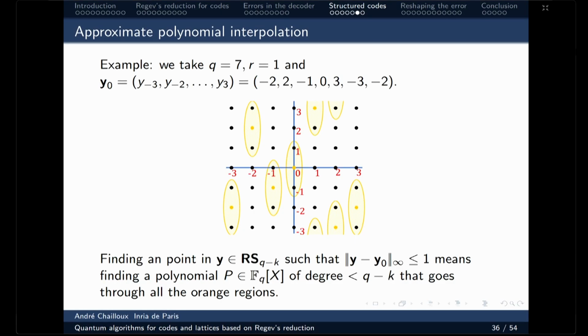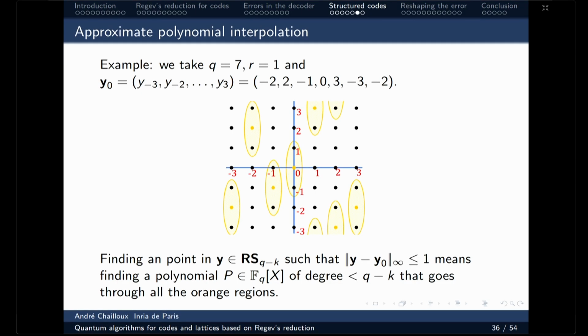Because these codewords of these full support Reed-Solomon codes are uniquely characterized by a polynomial of degree smaller than Q minus K, and the infinity norm constraint means that you have a constraint on each of the images P of alpha for alpha in FQ,